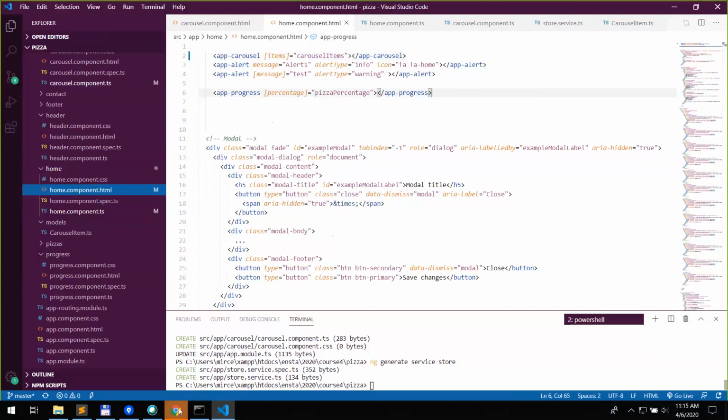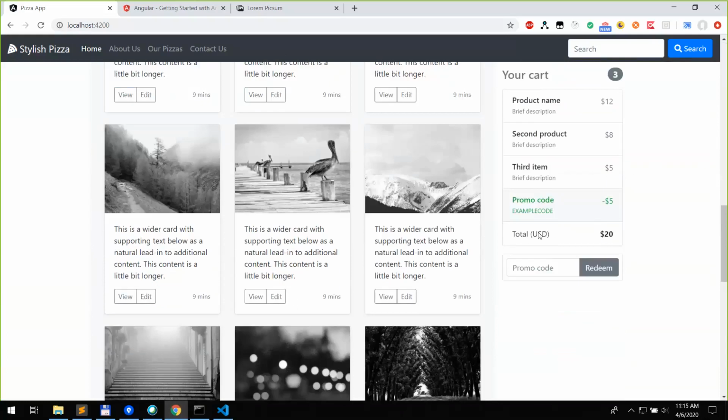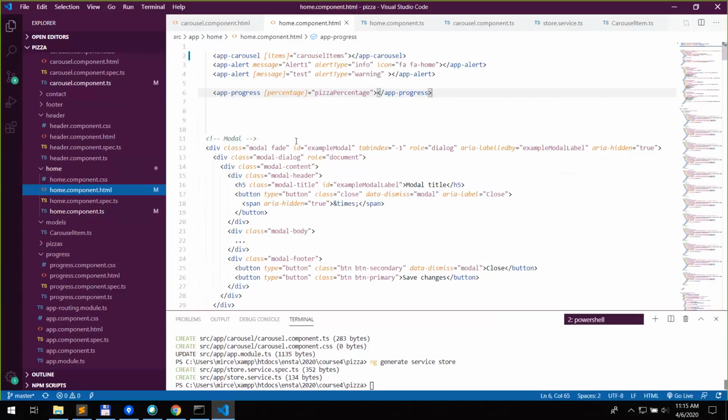What do you think we need to make the shopping cart work? So we have this cart. What do you think we need to have for this? Anybody? So we want to make the shopping cart dynamic. We want to implement the shopping cart here. First of all, the first thing we need is the component. Okay, great. So let's create a component,